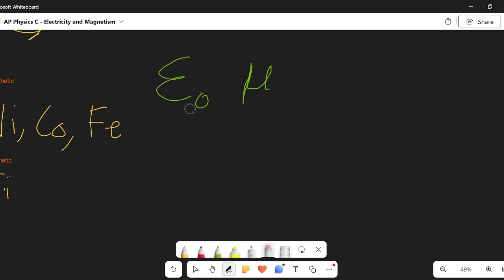So now we get into this part, right? Just as we had an electric permittivity of free space, we have a magnetic permeability of free space, and it is equal to about 4 pi multiplied by 10 to the negative 7 Teslas multiplied by meters divided by amps, right? And we'll actually get into what we define a Tesla as, but let's first look at the